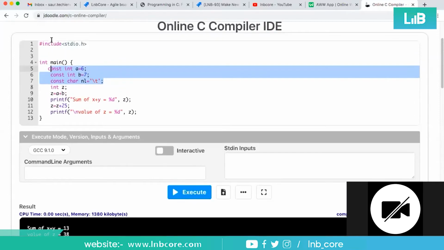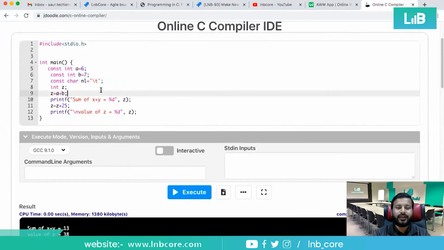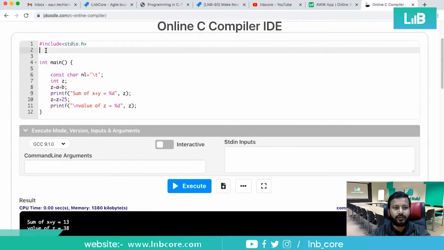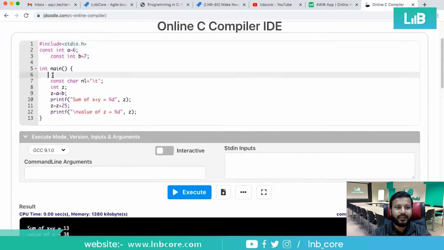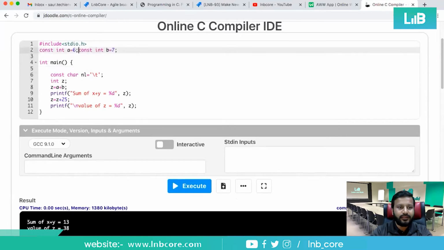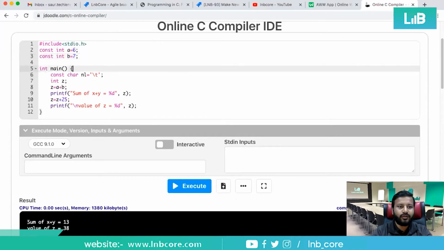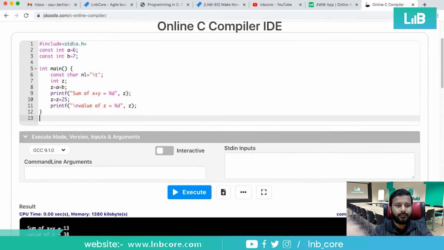Yesterday we discussed global and local. What if I define these variables outside main, here itself? We have defined these two variables, and suppose I'm using one more function called void lnb.